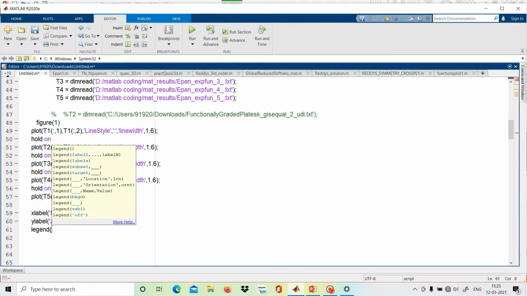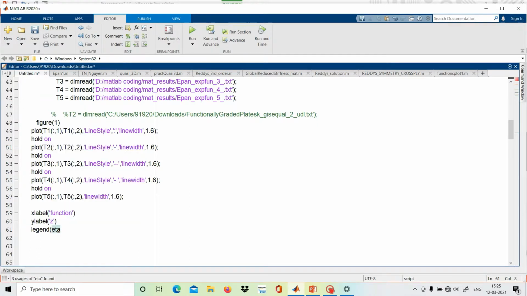So for each eta value, eta 1 we can say is equal to -1, or we can say T1, T2, T3.